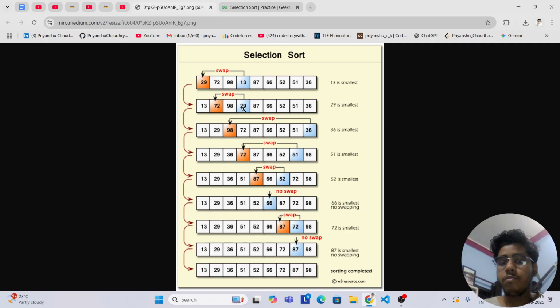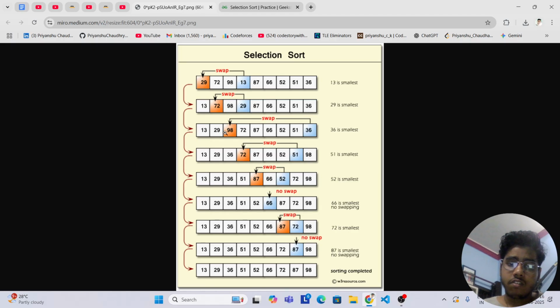Now we can see what the minimum is. 29 is the minimum. So after finding the minimum, now we will swap. So we have to keep in mind the statement: find the minimum and swap. So 29 is swapped with 72. Now we can see that our first index is also fixed. I mean, it's also sorted.